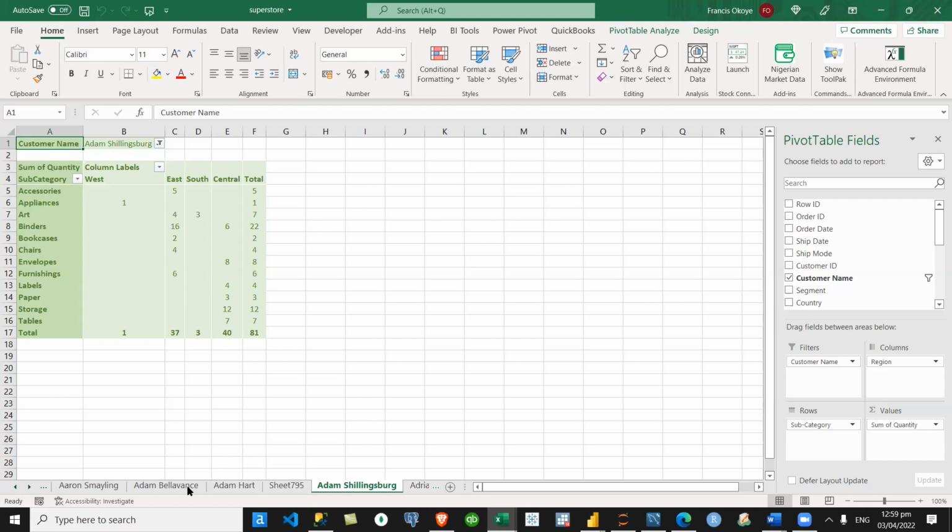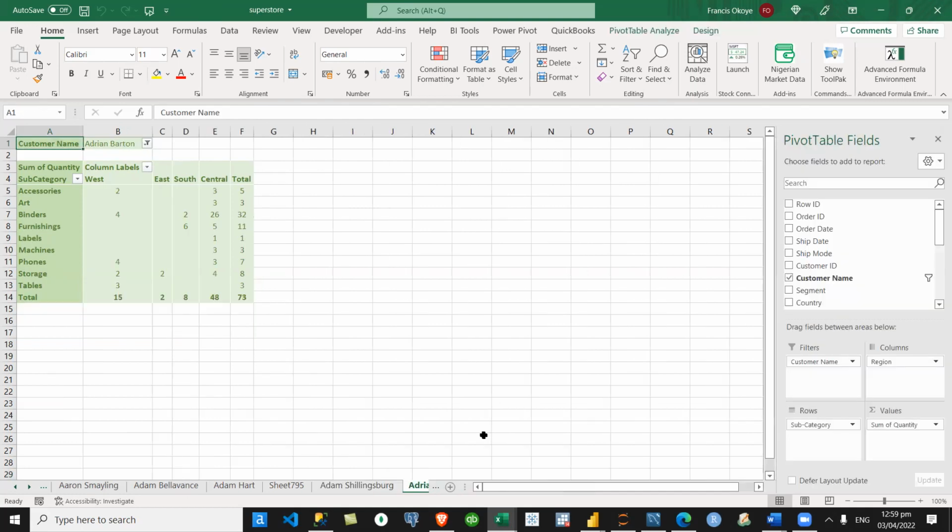So if you are asked, give me the report of each customer, and you are done with the report like this in 5 minutes, what would have taken somebody months to go and start picking, someone would have taken the whole month to do this thing. That's why we say Excel is a tool that helps you work smart. But the data arrangement matters too. Yeah, that's why your data must be structured. That's why when I started, I showed you how to structure your data. Once your data is structured that way, life becomes easy for you.